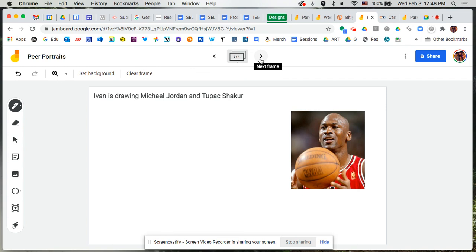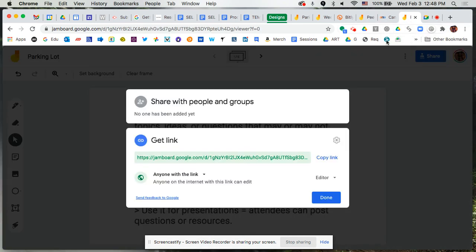Last thing I want to share with you here about Jamboards, in case you're new to Jamboard, you'll notice up here at the top right-hand side, just like everything else in the Google tools, like Google Docs and Google Slides and Sheets, etc., they all have the share button. Jamboard has the very same share button up here at the top right. You can share these with your students using their Google accounts. You can also just simply share the way I've shared mine, which is anyone with a link can edit, and therefore all of my attendees in a session are going to be able to get in there